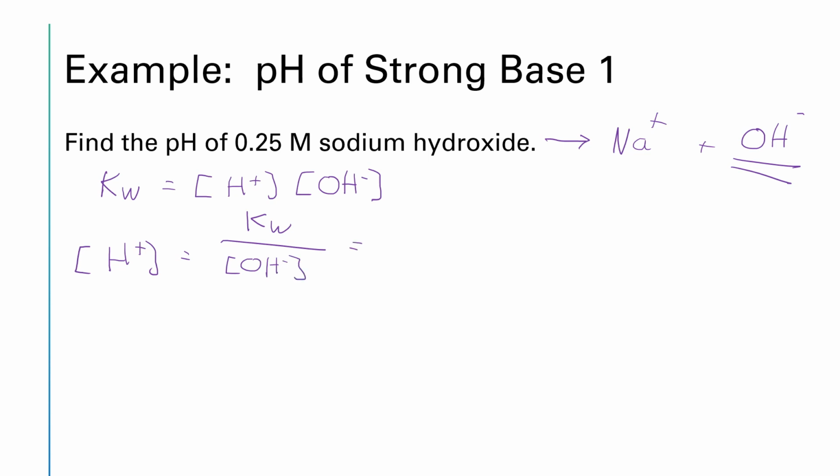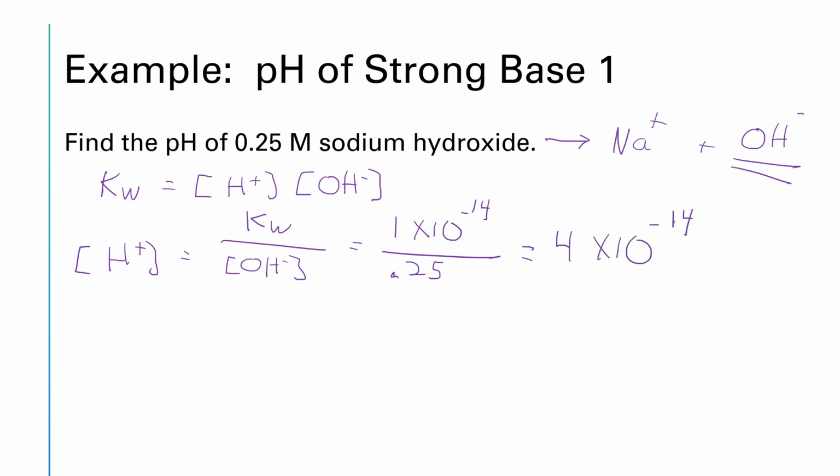So that will be 1 times 10 to the negative 14 divided by 0.25 for the hydroxide ion. And so 1 times 10 to the negative 14 divided by 0.25 gives us 4 times 10 to the negative